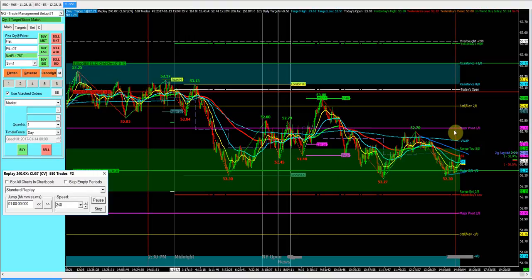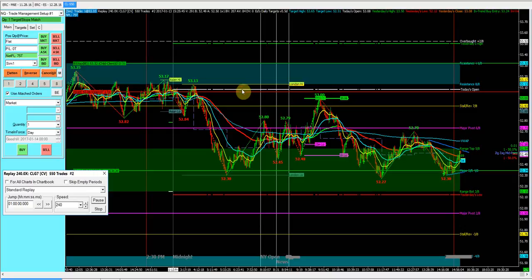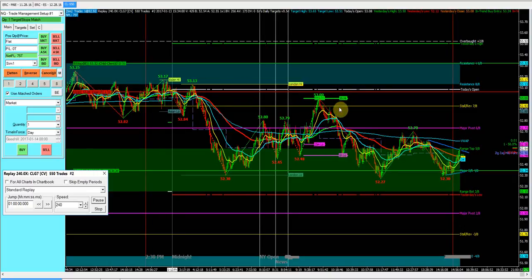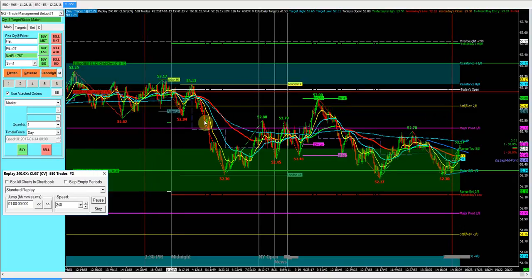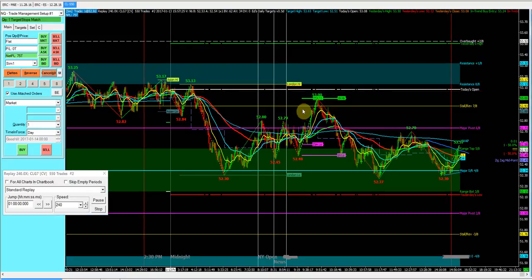It didn't come back up to major pivot, so you wouldn't have had an entry here, but you would have had an entry down here. I had an entry here. I had one at stall reversal. Let me go ahead and cancel that because I didn't take that. I would have,